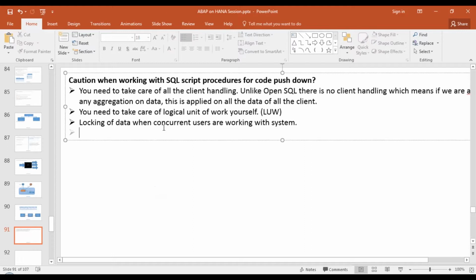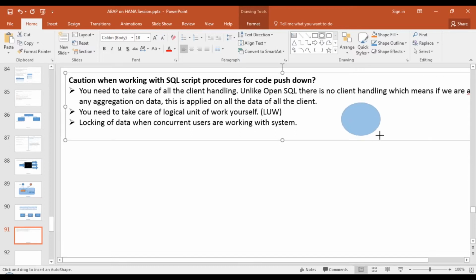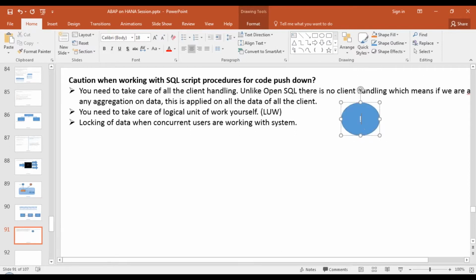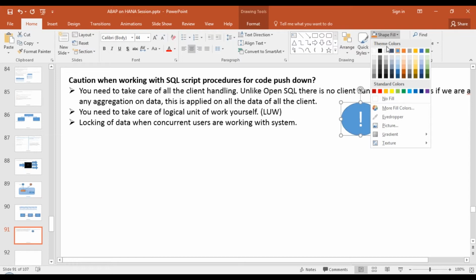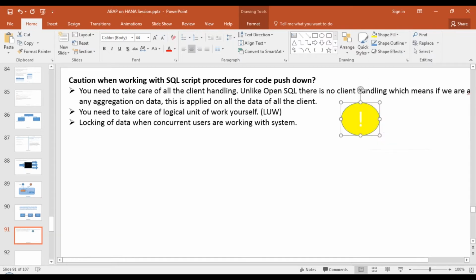So the easiest way is to ask for which conditions your procedures are suitable. The procedures are suitable for scenarios where you're purely reading the data. So whenever you're reading the data, guys, at that point you should go with a scripted procedure. If your purpose is to write or update the data, probably this is not the best option.